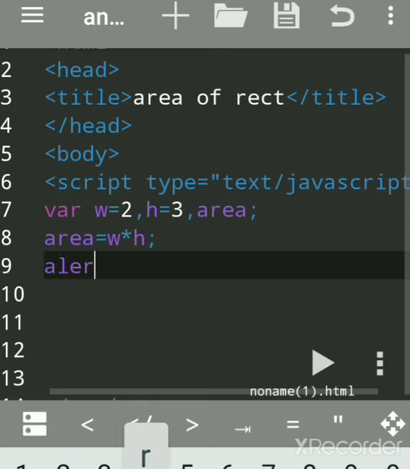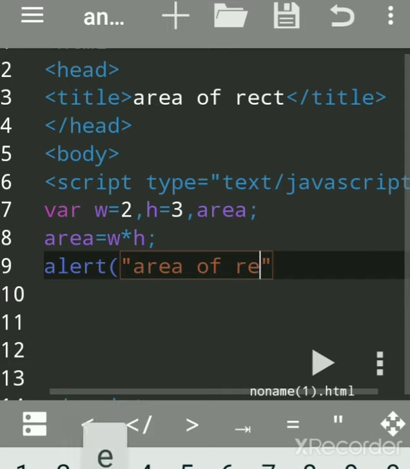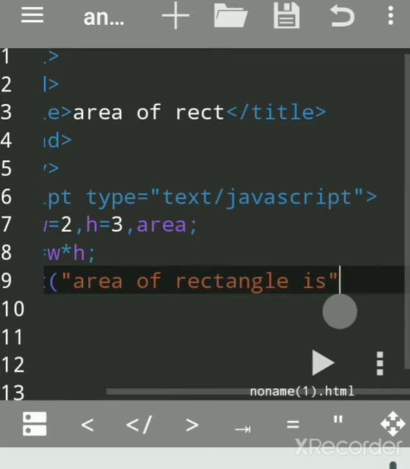You can print the result by using three methods. By using alert, you will get one alert dialog box with a message and the result. Any message you have to put in double quotes. Alert is a predefined function in JavaScript, and "area of rectangle is", then the plus sign is used to join the result with the message.